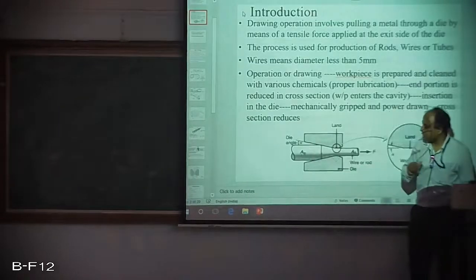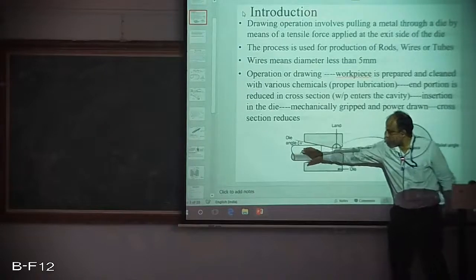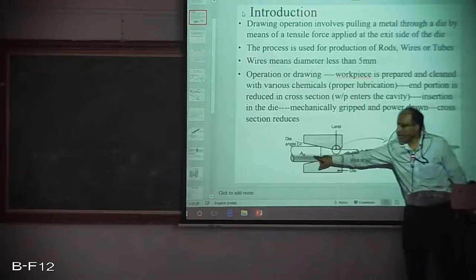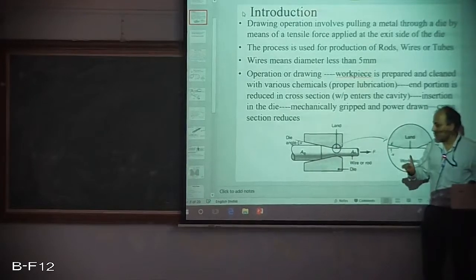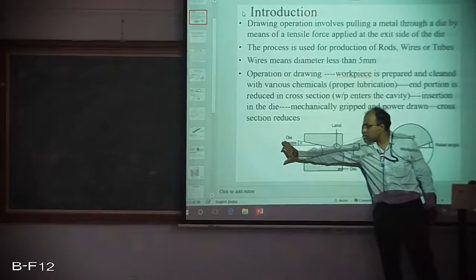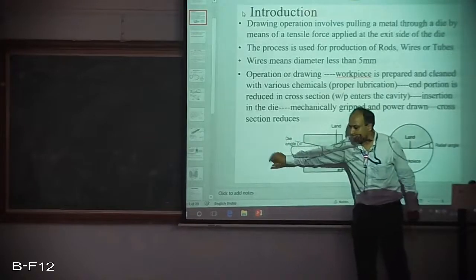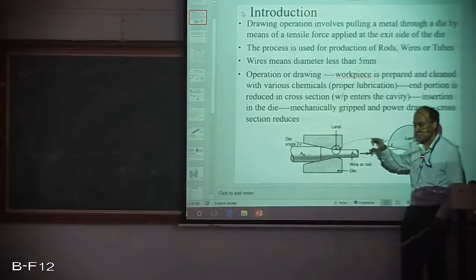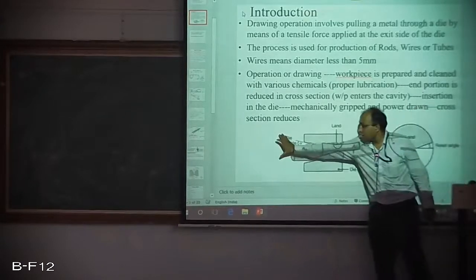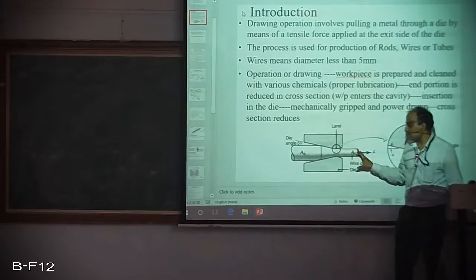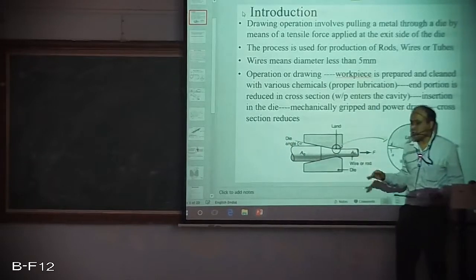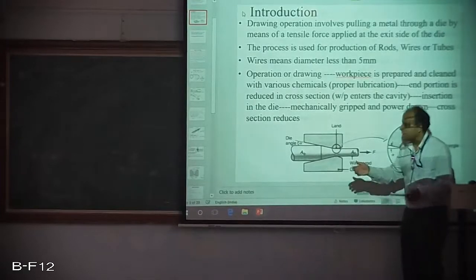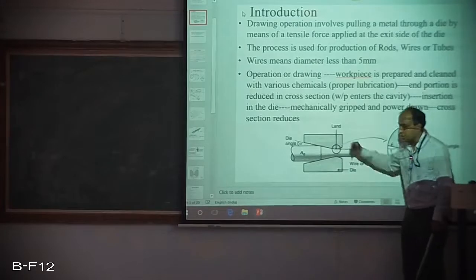Reduction per pass. So when you draw the product from the die, that amounts to your one pass. Now for example, here stock size was around 20 mm. The target, the destination point is 8 mm, as I said. So I need to reduce it from 20 to 8. So in a single pass, is it possible? Definitely it is not. So what is the maximum amount of reduction that I can give per pass? That is what I try to do.